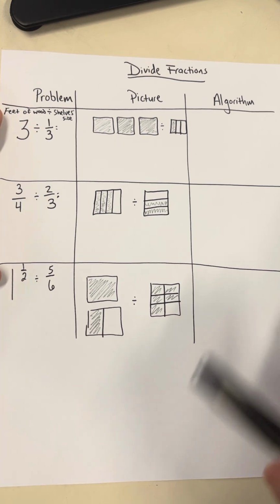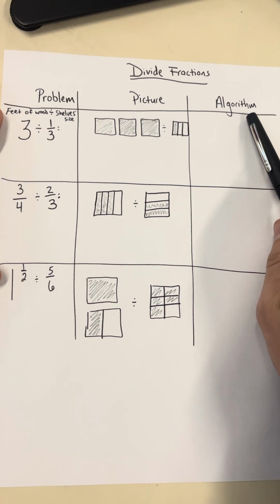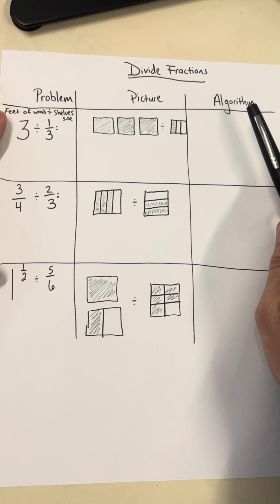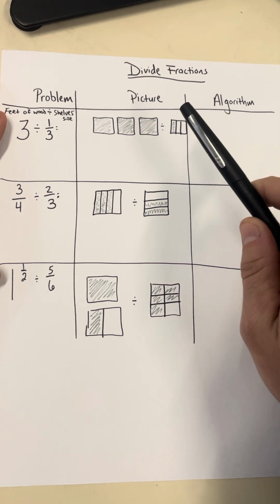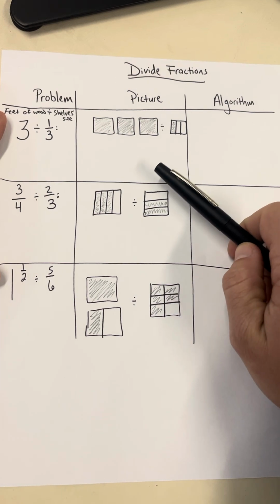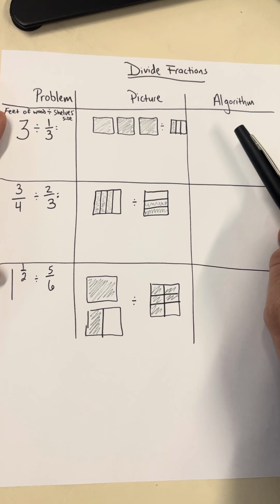I've broken it into sections with pictures and algorithm because there's a lot of people who know the answers with the algorithm because there's a quick step method, but very few people actually understand what is happening in the problems. So I'd like to show you how this works and how we can use both of these to help us